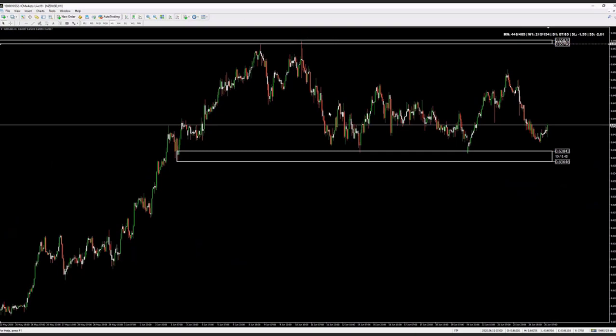A lot of supply and demand people tell you the more times an area is tested, the weaker it is. While technically that's correct, you don't really care about that, because you want these areas to be tested many times and then you want them to be removed. When price tests stuff like this one, we would have maybe sold up here, but we wouldn't have bought down here